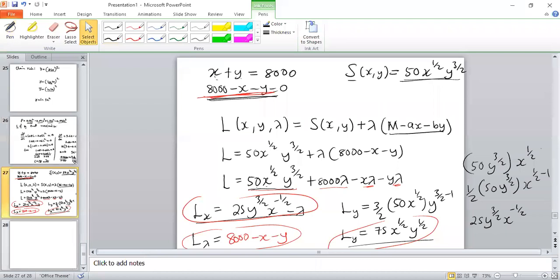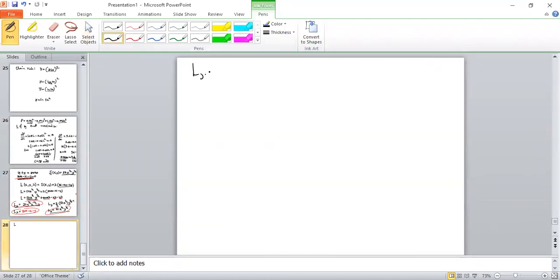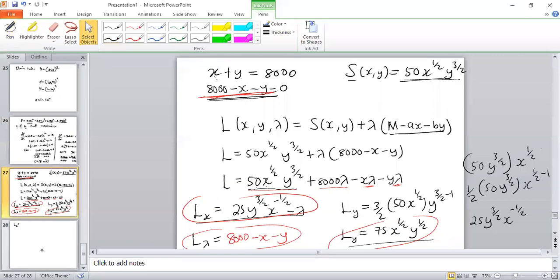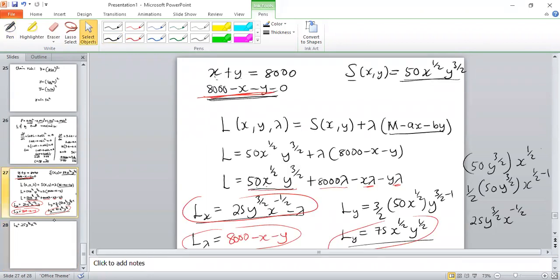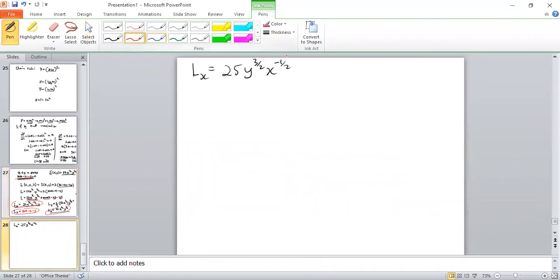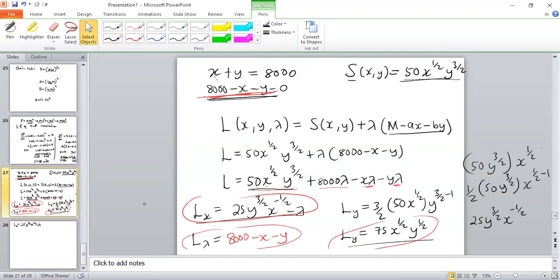So we have L_x, the one that we differentiated with respect to x. L_x is equal to 25 y to the power 3 over 2 x to the power negative half minus lambda. Then the other one is L_y is equal to 75